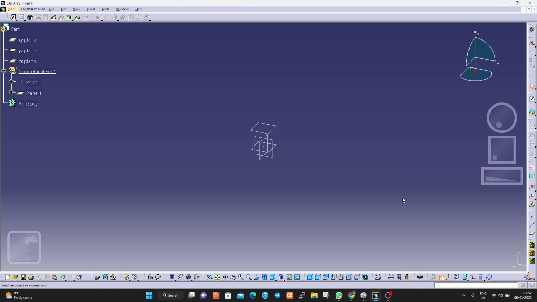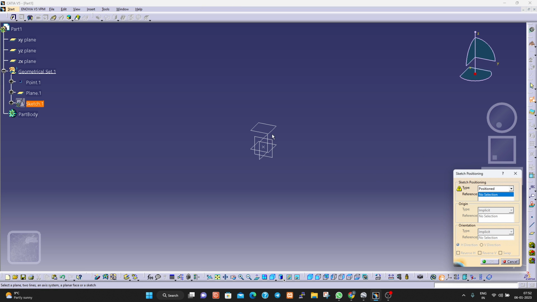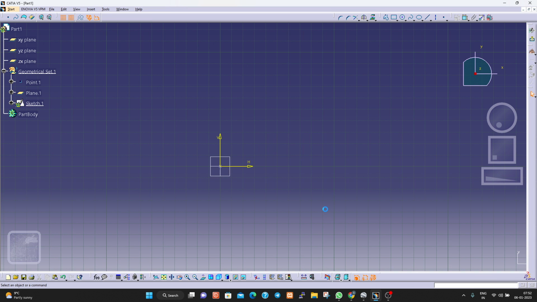So today we are going to see some features like slot, rib, and some other features that we are going to see today. So let's go with the projection. Position sketch, and the projection point we have to select here. Select the projection point, hit OK. So first thing first, what we are going to draw, we are going to select a rectangular surface like this,